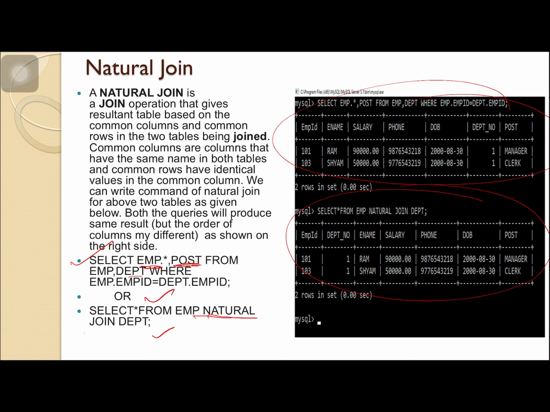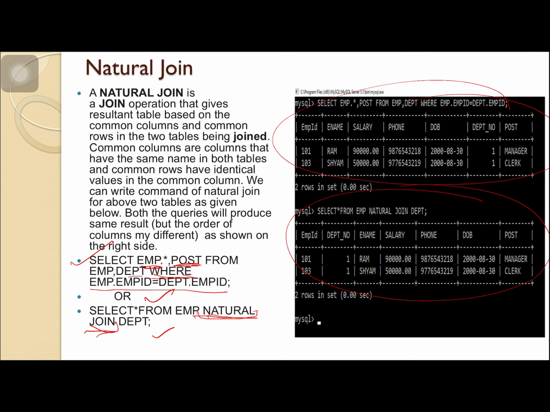In the second case, we only use the natural join keyword: select * from employee natural join department. The natural join keyword will automatically eliminate the duplicate columns as well as the duplicate rows.